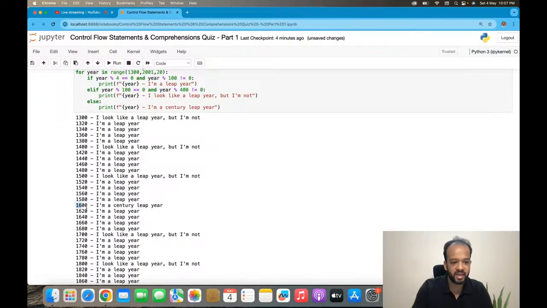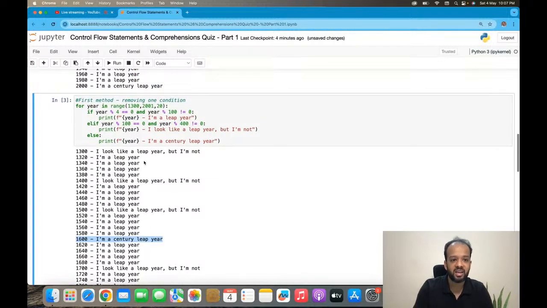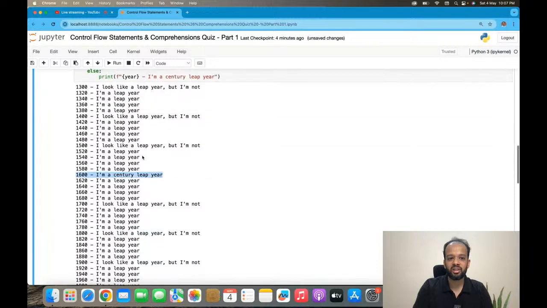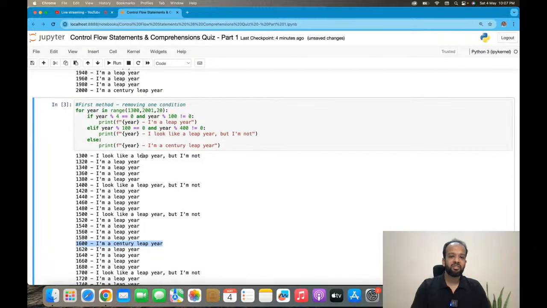You can see that it is picking that 400, whatever is divisible by 400 is a century leap year, everything else is exactly the same. Right? So you can remove one condition as well. Now, let's see a cleaner way to solve the same thing, right? So I have started from the bottom. I'm saying first by 4, not by 100, then by 100, not by 400, and then if it is by 400, then it is. What you can do is you can do the reverse, and that will be a cleaner